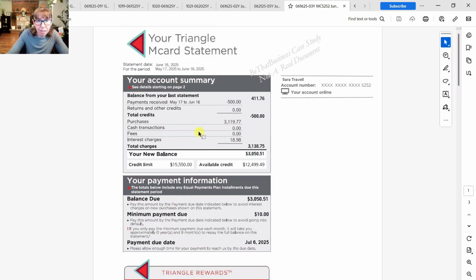We can see that the statement date is June 16th. And before I go ahead and reconcile, obviously, I need to clear that bank feed. We're going to clear the bank feed first for the credit card, but before I reconcile the credit card, I'm actually going to clear all of the bank feeds. I like to clear all of the bank feeds to at least June 16th before I reconcile the credit card